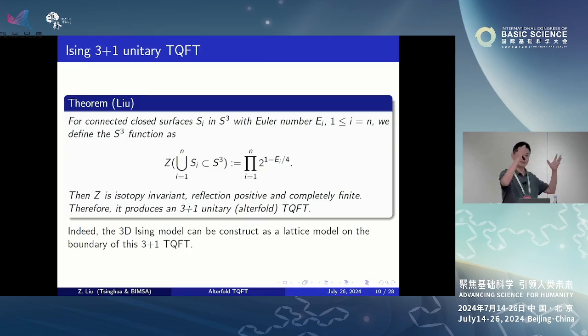That means you can take surfaces with boundary, not in S^3 but in the D^3, and glue that with the mirror image, even with a linear sum, and then this function will be a positive scalar, or positive or zero. And another thing is that this will be completely finite. We will explain in the following pages what the meaning of completely finite is. Then just by looking at this single function, nothing else, we can read out a bunch of very rich data, like the 3-category, 3+1 TQFT, Hamiltonian, and many other further data.